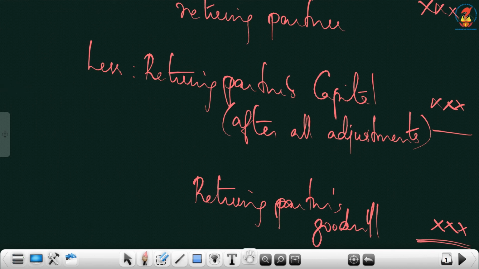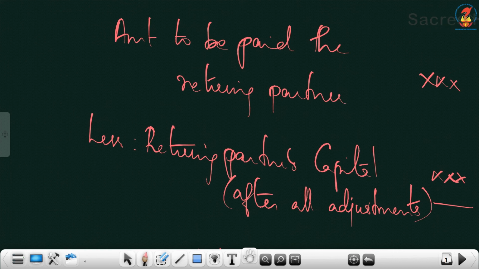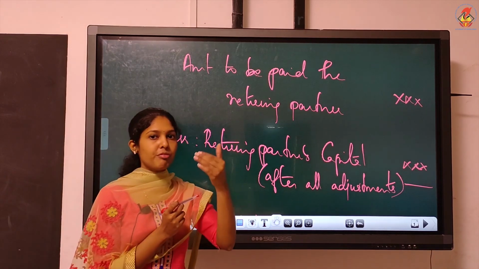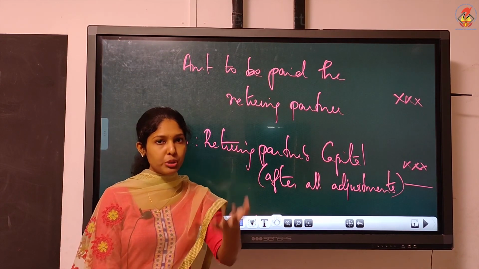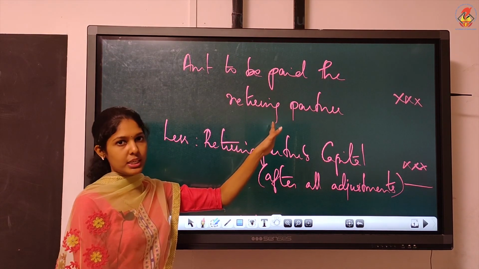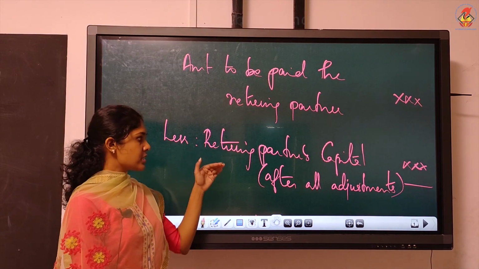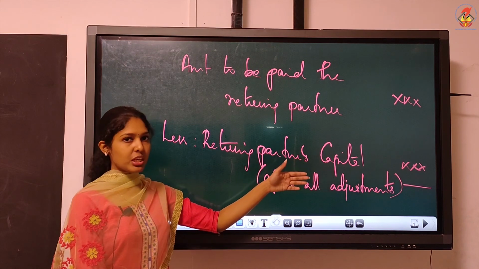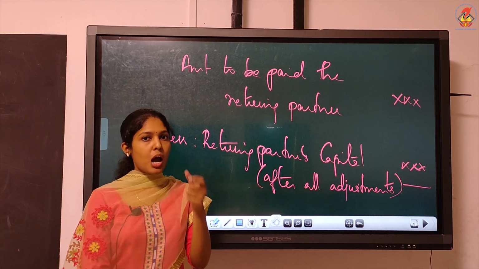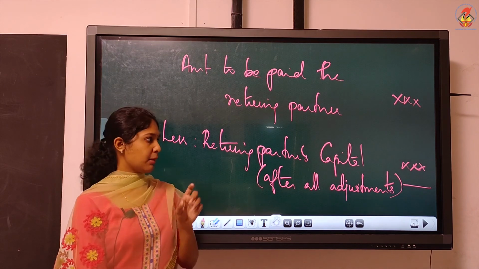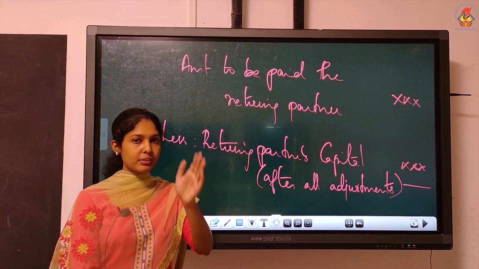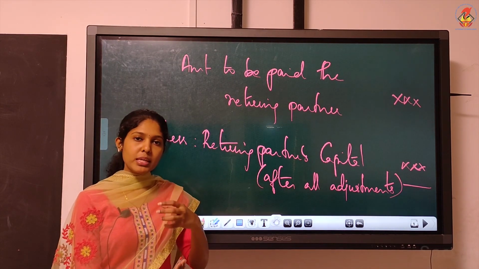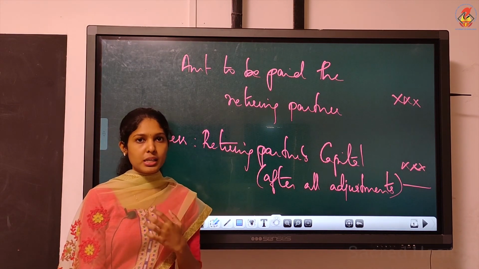So what is the hidden goodwill formula here in the retirement chapter? The amount to be paid to the retiring partner. We know that at the time of retirement we will have to pay some amount to the outgoing partner. So that is what you have to take here. It will be mentioned in the question. Less retiring partner's capital after all adjustments. Meaning, after revaluation you will prepare the partner's capital account. If suppose B is the retiring partner, you will have three columns A, B, C in the partner's capital account and the balancing figure of B. That means it is the amount you have to pay the retiring partner.